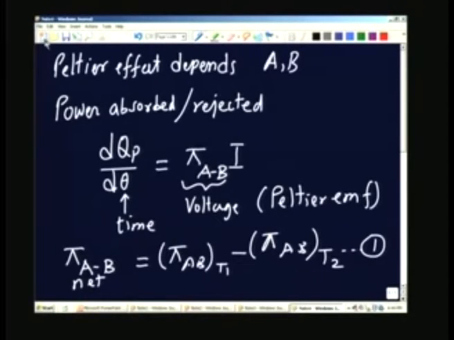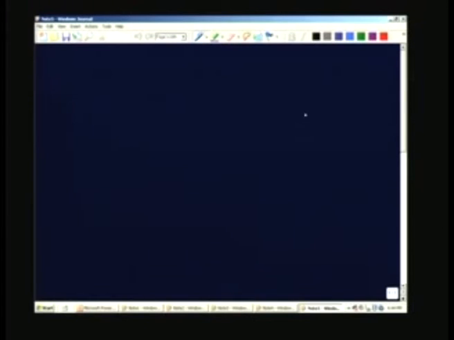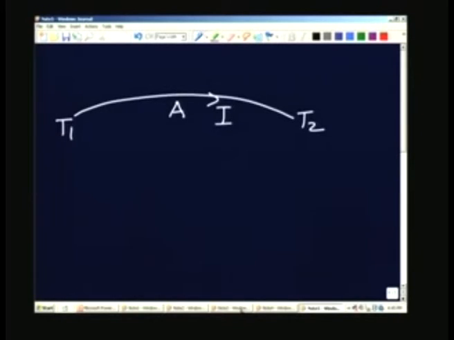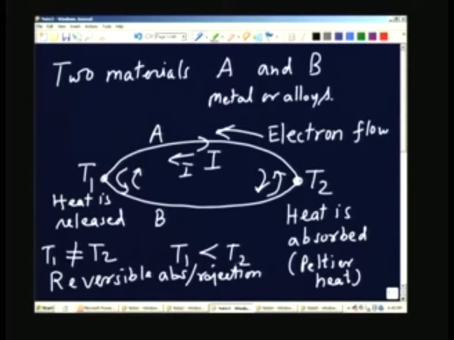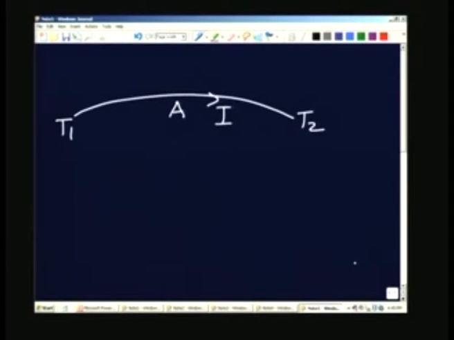So, let us look at what else is going to happen. We have considered the Peltier heat, and now suppose I take a single element A. Of course, in the previous sketch we had a B material also connected to form two junctions. I am taking one of them now, and I am maintaining a current through that, and this end is at T1, this end is T2, and if you just go back, you will see that T1 less than T2. Let us just keep it like that. So, T1 less than T2.